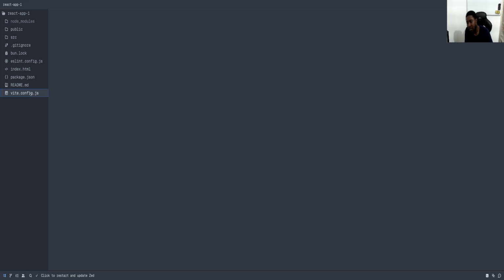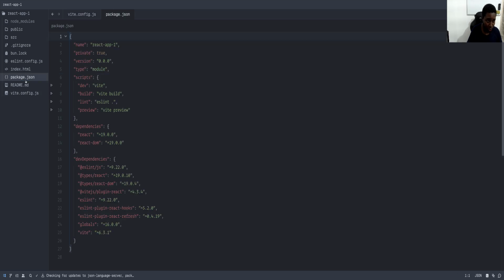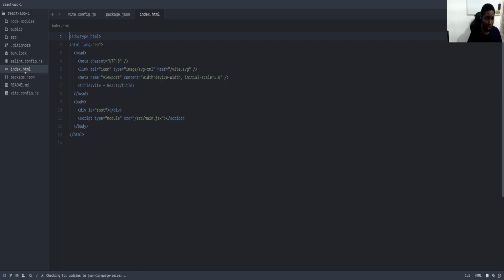So we have the Vite config right there. It has the defineConfig, it has React here, and then you pass the plugin here. So we have our package.json as usual. We have the index.html. It's the starting point. So we can say what